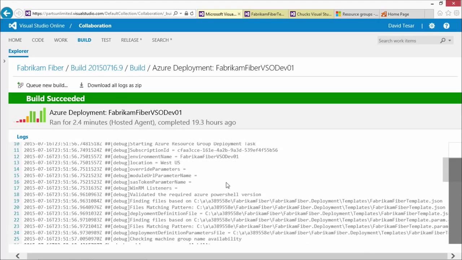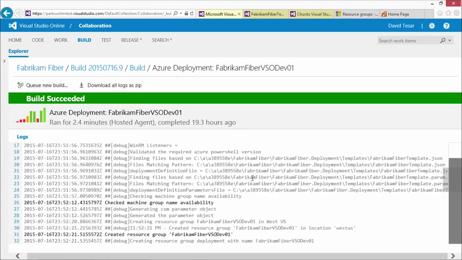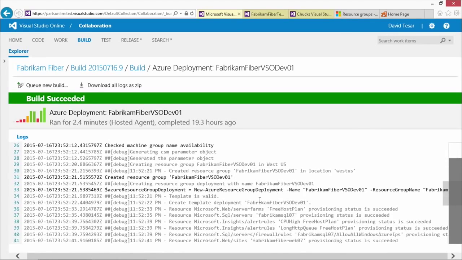It goes in and creates the Fabricam Fiber VSO dev deal there, and then creates it using the templates that we specified. And it does this PowerShell command, New-AzureResourceGroupDeployment. So effectively, this is running that PowerShell command, or if you ran this PowerShell command yourself, this would effectively do